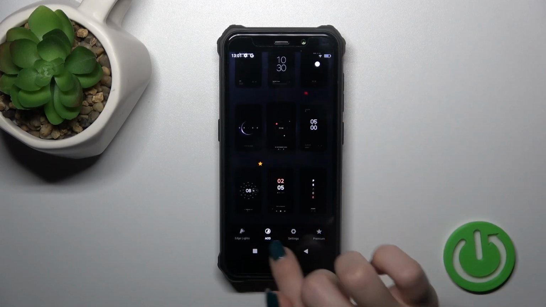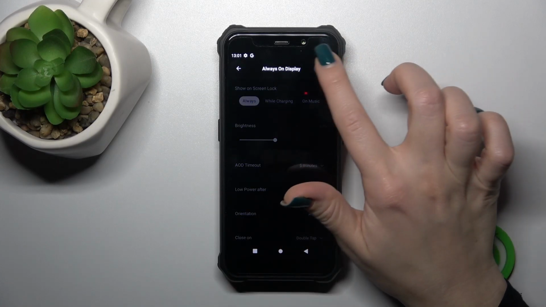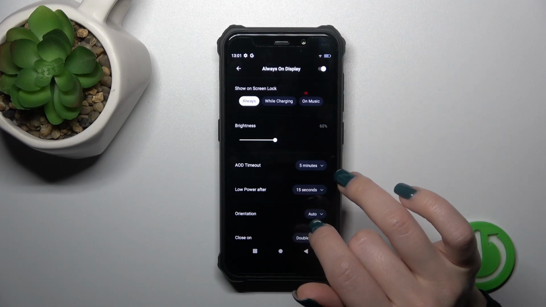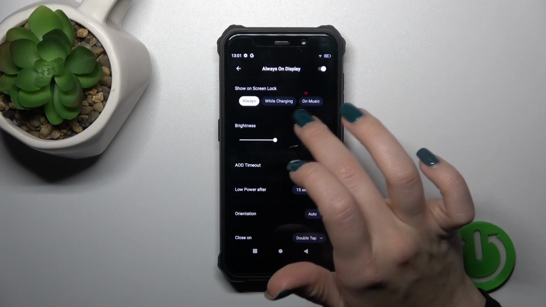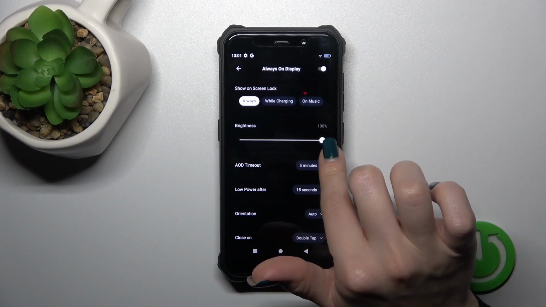Let's go back, switch AOD to the settings, tap to always on display section. Here we got the switcher on the right upper corner with which we could activate or turn off the AOD option. We could show this option on lock screen always while charging on music, to decrease or increase the brightness